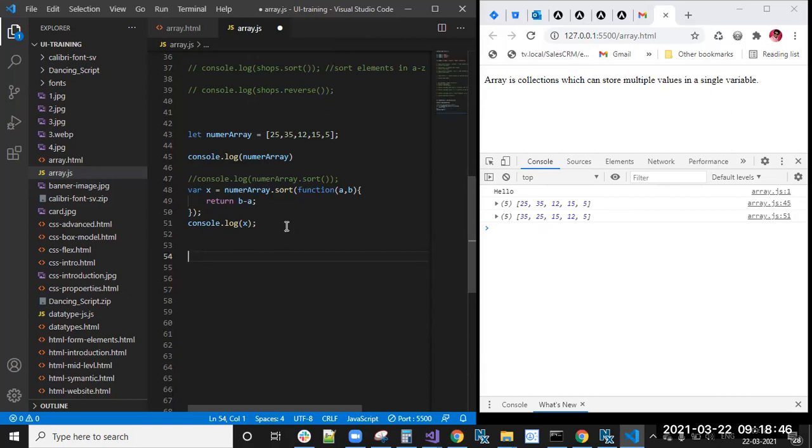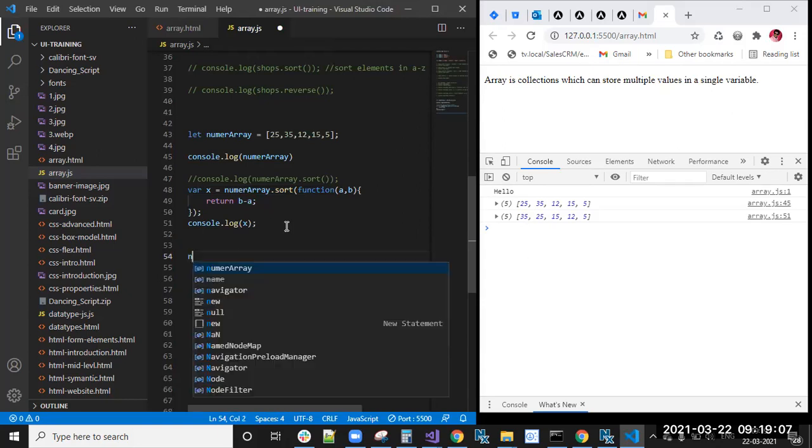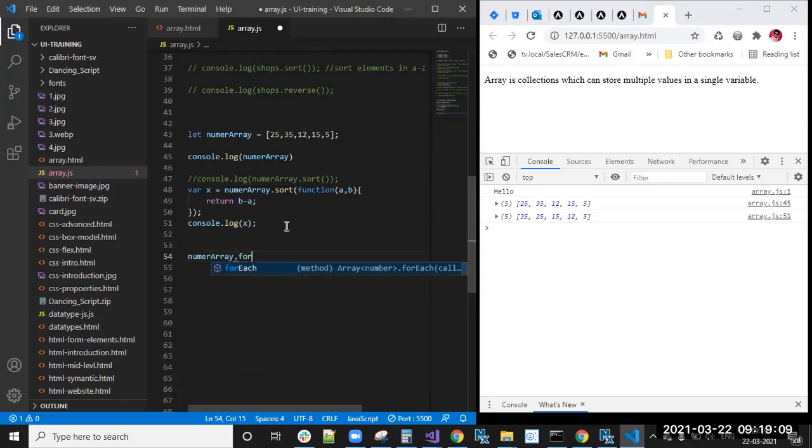Now the for each loop. In the loops concepts, I told you we have a for each loop. What this for each loop will do is loop through each and every element in an array. Now what I'm doing is numberArray dot forEach.